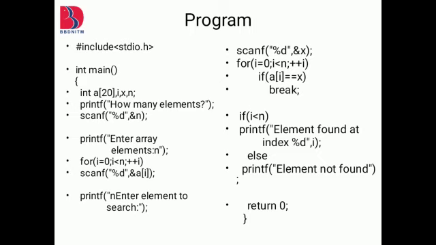For i equal to 0, i less than n. Now what is the value of n? We have taken 5. How long will our loop work? At i we will write 0, so 0 is less than 5 and our loop is going to work. It will execute and you will get the values 0, 1, 2, 3, and 4. At value 5 you will not get the value, because 5 is not less than n, and n is also 5. That means the loop will be terminated there.